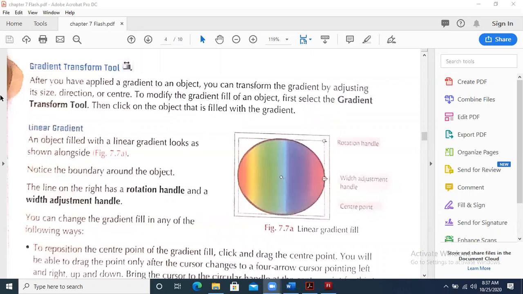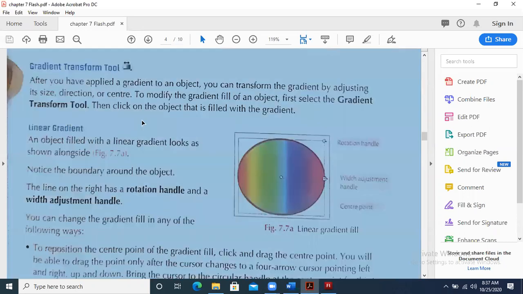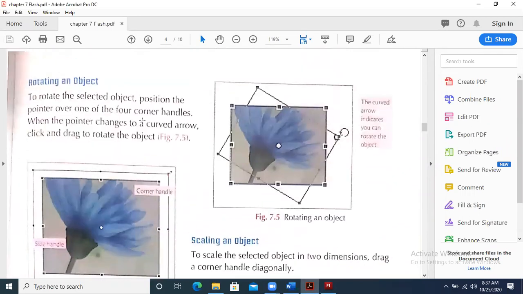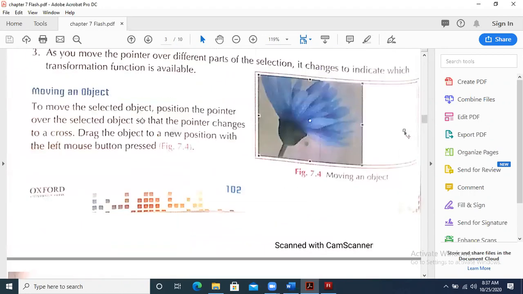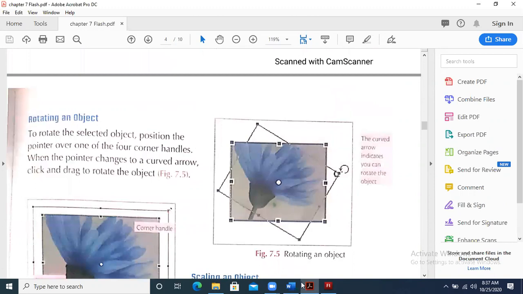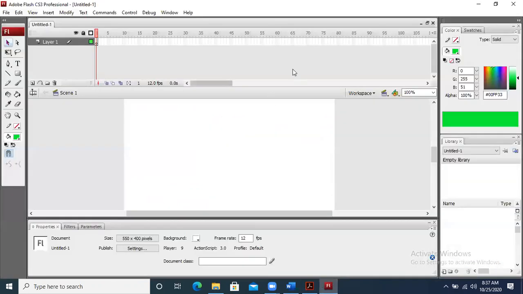Okay. So what we need to understand is basically the gradient fill and the gradient transform tool. This is a tool which is available over here. Let me show you.